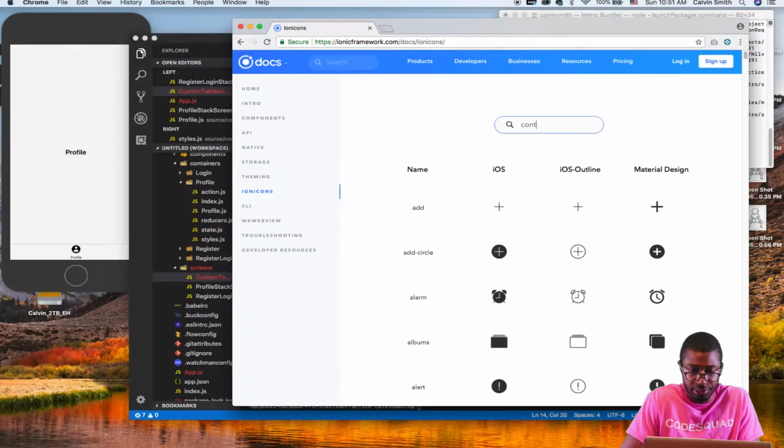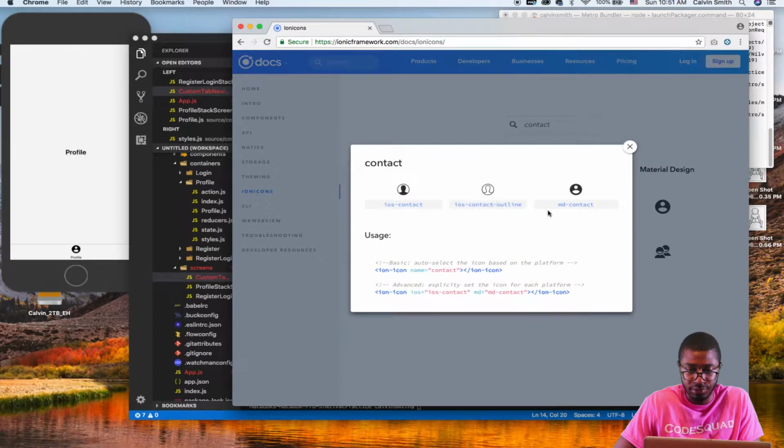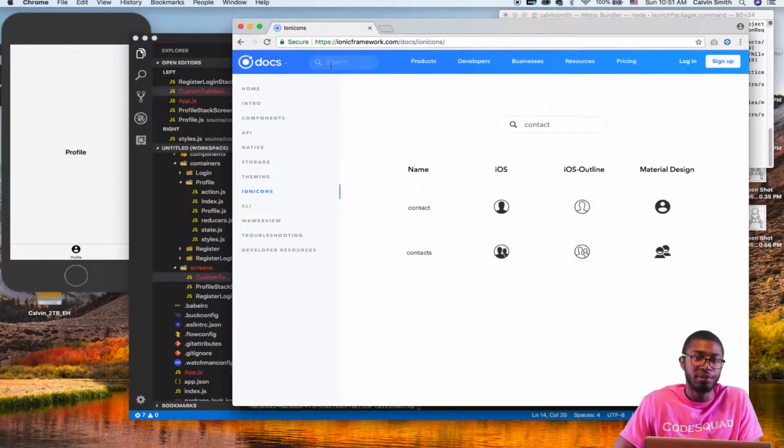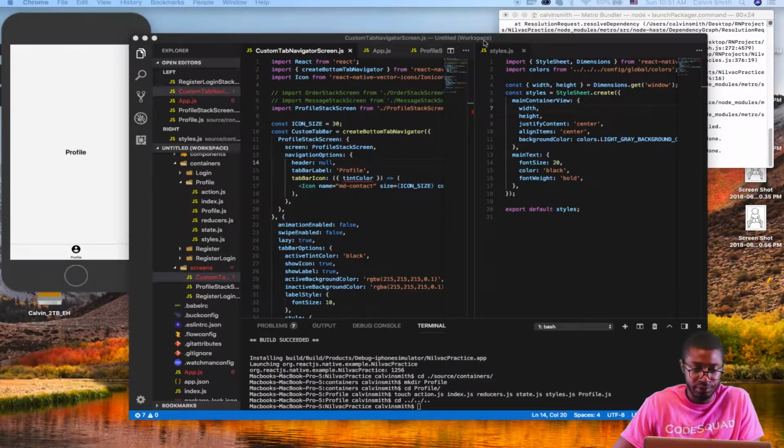So if we just search contact, it's one of these, it's MD contact, so we use this one. There's a whole variety of different icons that you can utilize, so make sure that you check that out